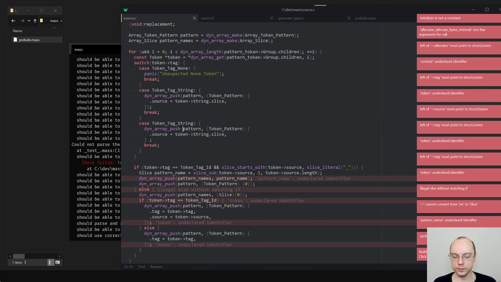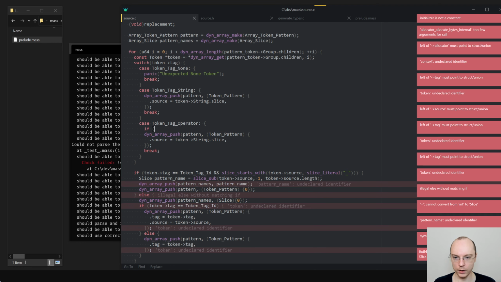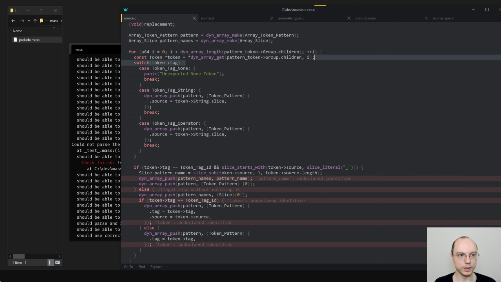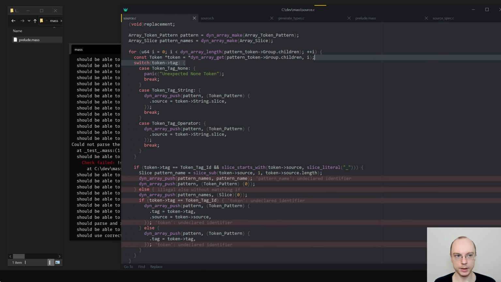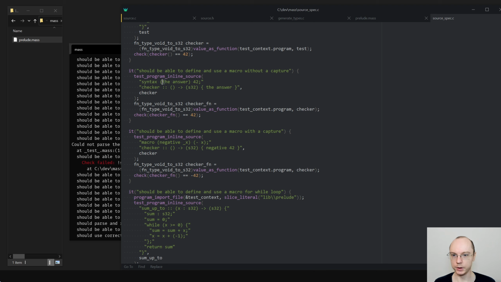We can have a bunch of operators. Token tag operator. If token source slice equal token source. Oh, right now we're just trying to make the test pass, right? So let me focus on that. In the test here, we are only interested in IDs, which actually now need to be different. So that needs to be like that.